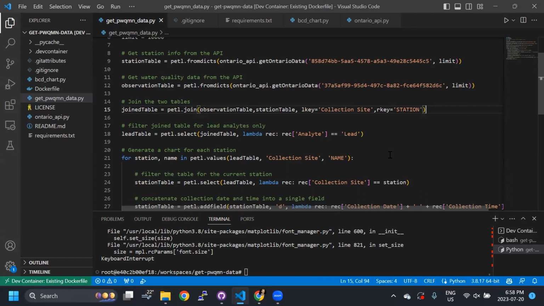So we are going to filter our table so that we're only looking at the data we're interested in. In this case, this happens on line 18. We're only interested in lead, okay? I only want to know, for the purpose of this work, what is the lead content in that water? So we